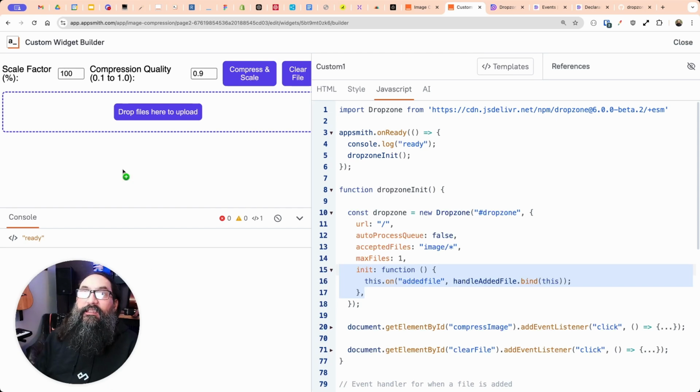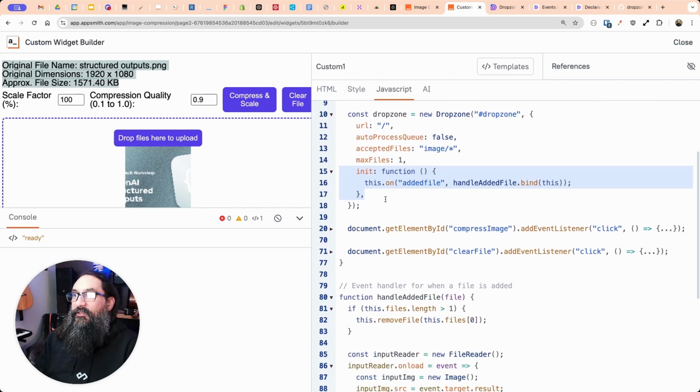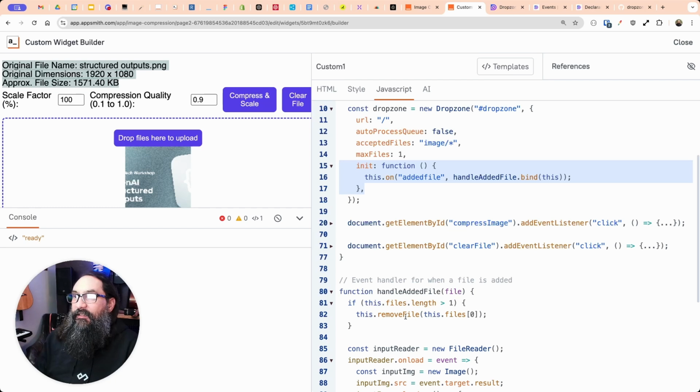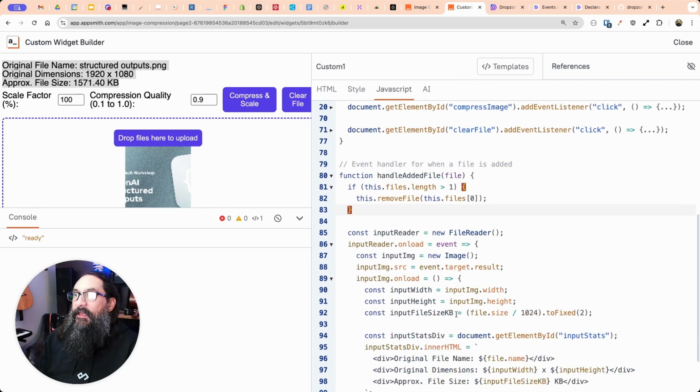So if I drag in a file here, you can see that it has added these 3 lines, and it'll do that for each image as one is added. That's the trigger when a file gets added. So that function then, handle file added. First thing is it's just removing if there's an existing file, because I want to keep that at only one file in there. Then, in order to do anything with that file that's been uploaded, I need it in a